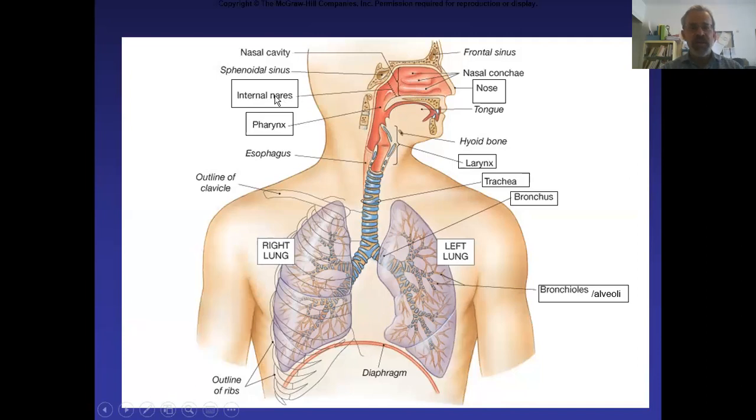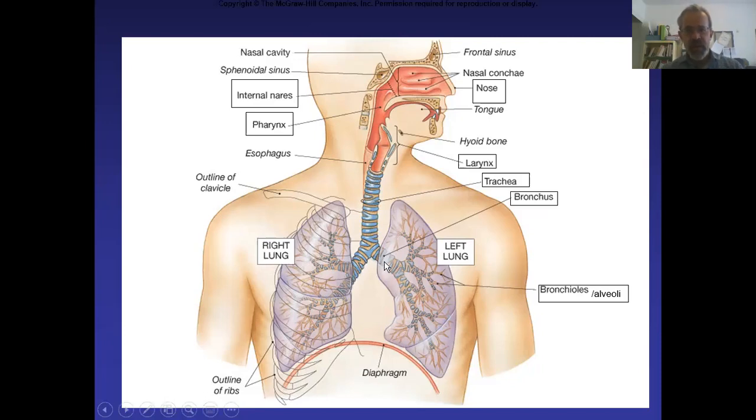It then travels, as you can see, it's boxed in here, through what's called the internal nares. This is like a passageway into the pharynx. So nose, internal nares into the pharynx, which is this common cavity behind the mouth, behind the nose, and then we have the larynx. Just to follow the path. From the larynx, there's that epiglottis. Some of you might remember when we were talking about elastic cartilage in anatomy. From the larynx, the air then flows into the trachea,